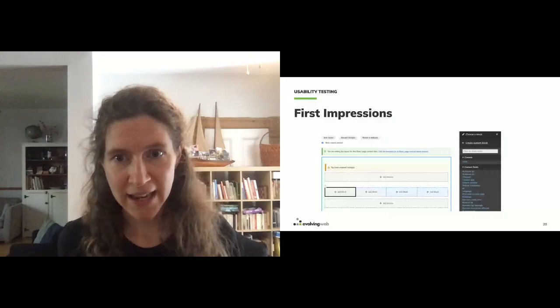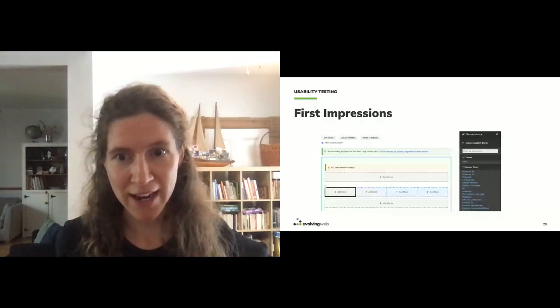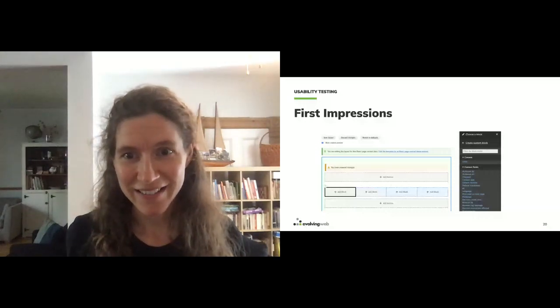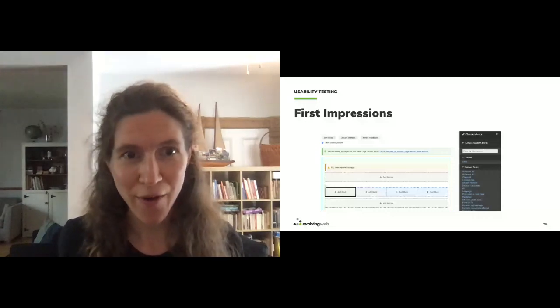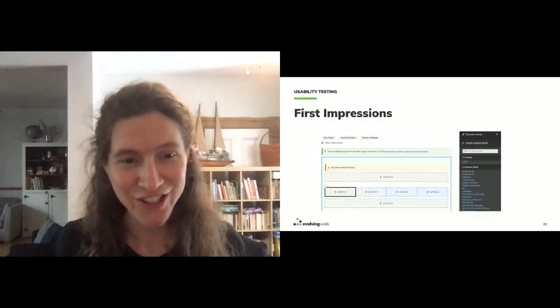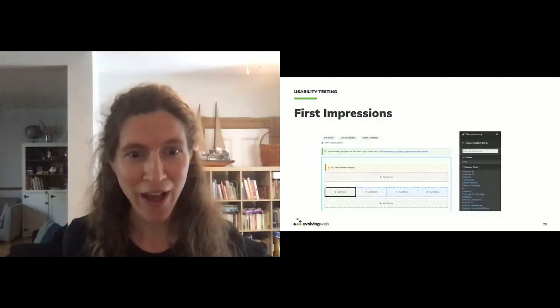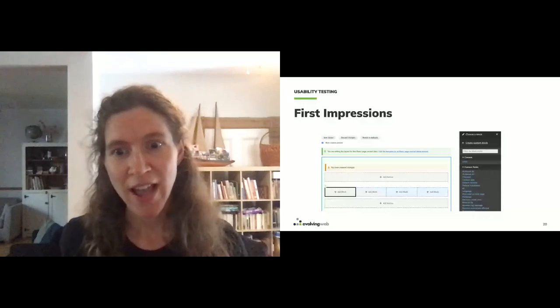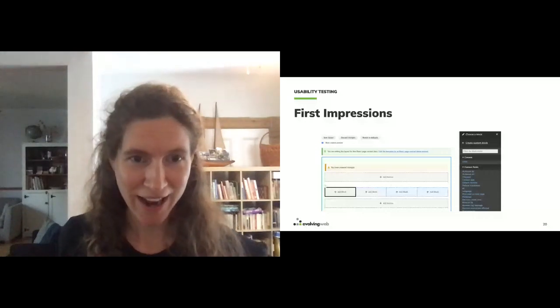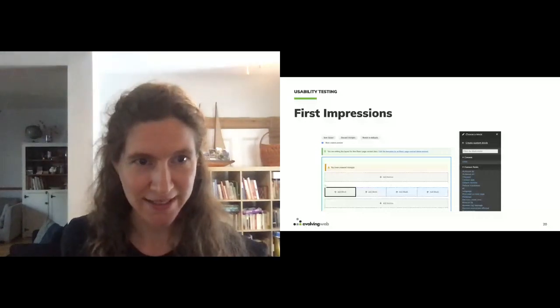But that being said, once they were able to find the create custom block link, which is how they would go about adding the content components to the page, everyone was able to figure out how to build the page, and everyone really loves the drag and drop type of interface.